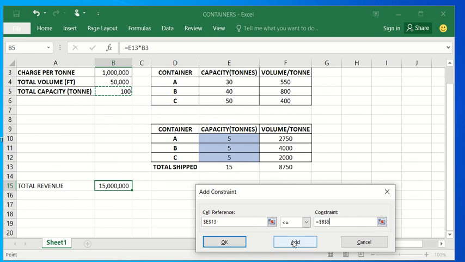Good. Next, we're going to add. This time, we're going to put the constraint of volume. We click on the total volume and we tell the computer whatever is in the total volume has to be less than or equal to. We click in the constraint and we click the total volume, meaning that the total volume cannot exceed 50,000. And we are going to add. Finally,